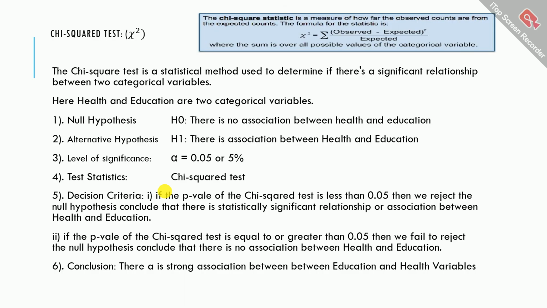And this is the chi-square that I also did for you. So the theory of this is that the chi-square statistic is a measure of how far the observed counts are from the expected counts, and the formula is that chi-square is equal to the summation of the squared difference of observed and expected frequency divided by the expected frequency, where the sum is over all possible values of the categorical variable. And I explained that based on the chi-squared test statistic, since the p value is less than 0.05, we reject the null hypothesis, and we concluded that there is a strong association between health and education. So I hope this was